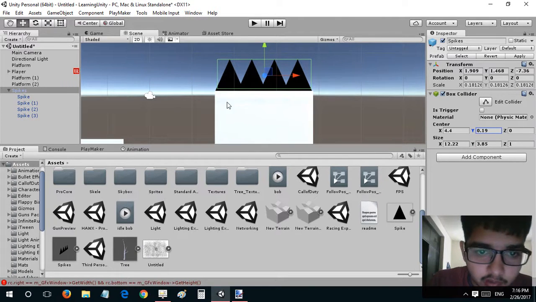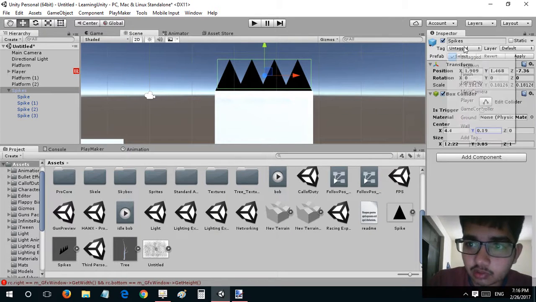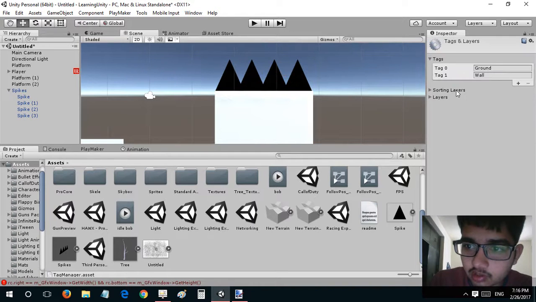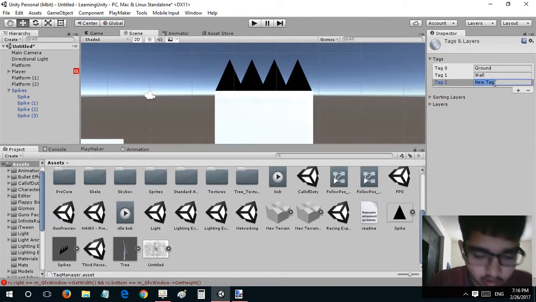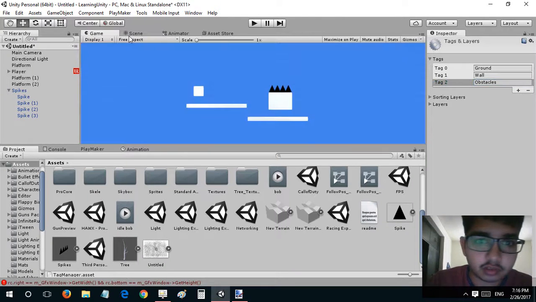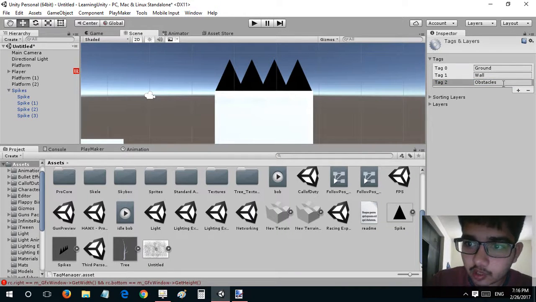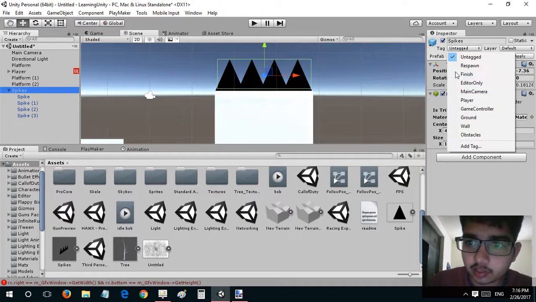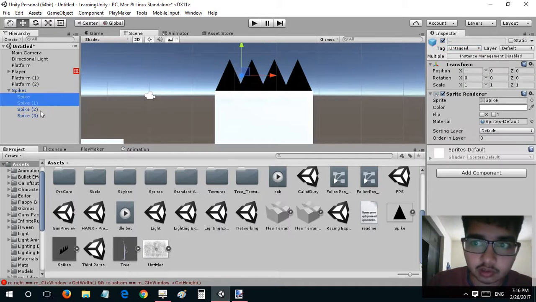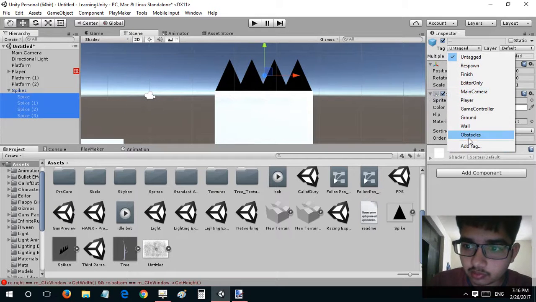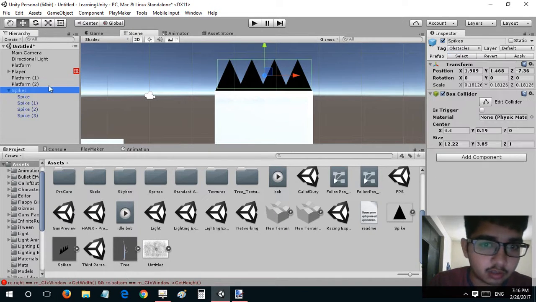And now anyway we can reach the bottom of this. So that is going to be fine. So I'll just tag this as a new tag where I'll call them obstacles. So these obstacles are going to kill the player. So I'll go to spikes and then hit them obstacles, and all the obstacles. Actually no need because it is combined. So you can hit apply to save the prefab,